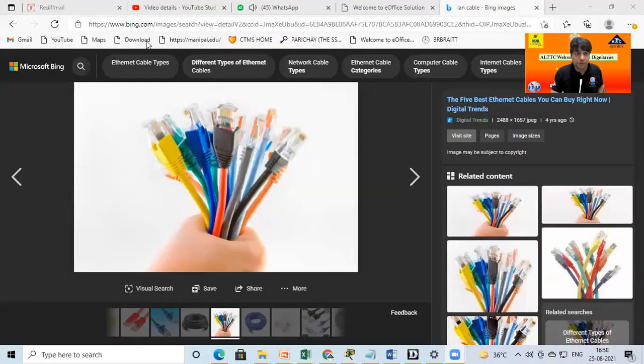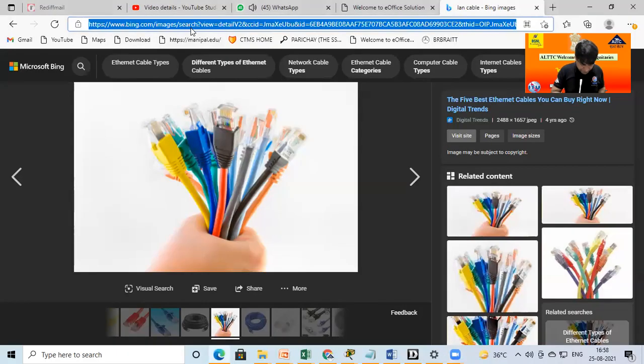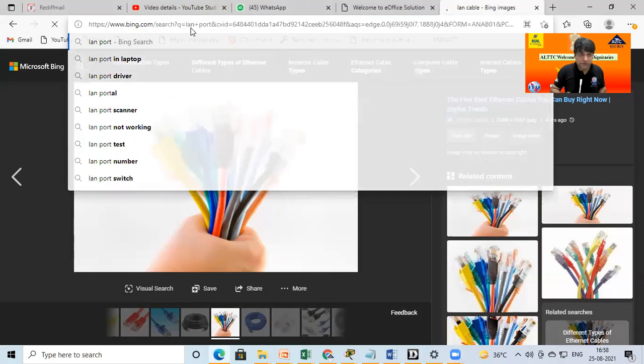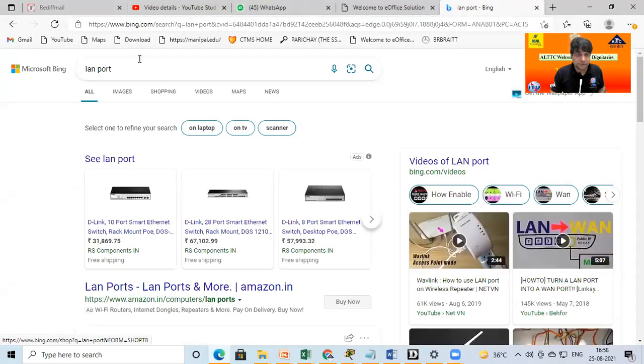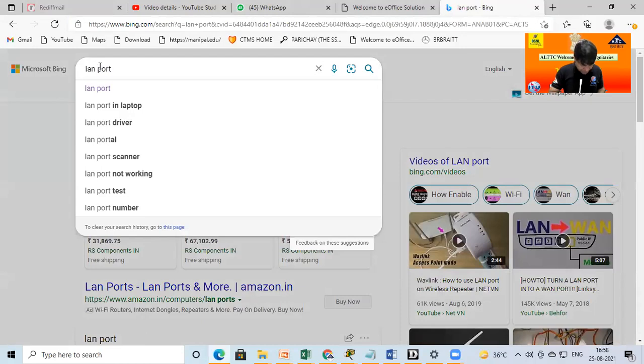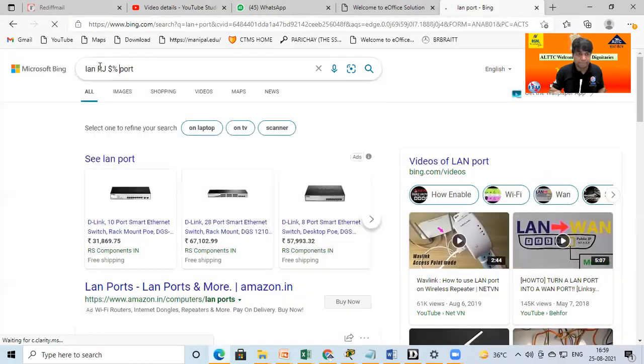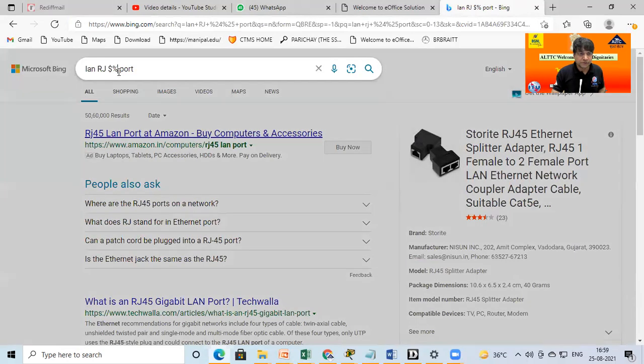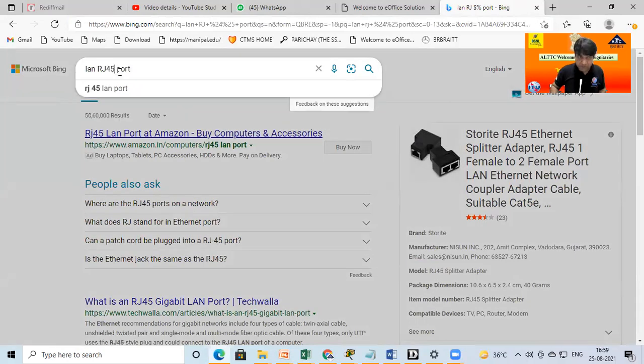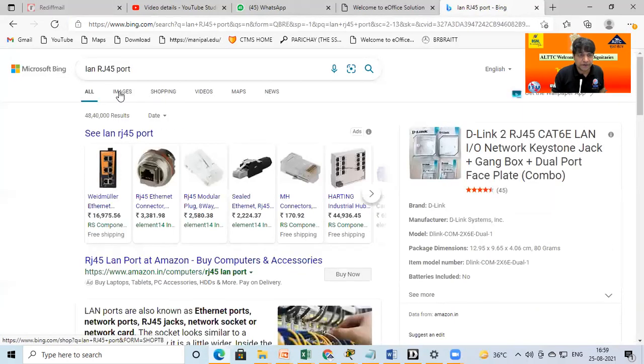This is the LAN port. This is RJ45. This is a LAN connector image.